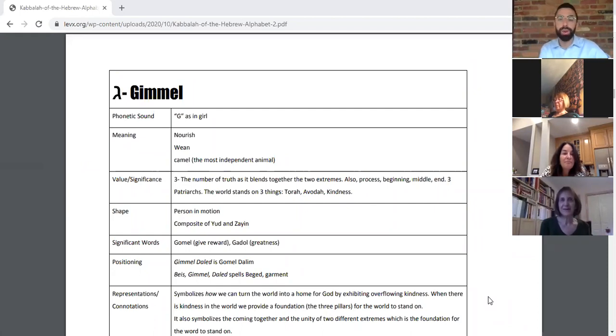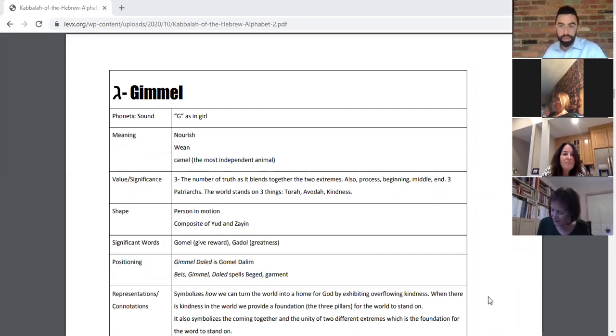Now let's take a look for a moment. Keep in mind that the letter Gimel looks like a person walking forward. Now let's take a look at the meaning of the word Gimel. On the one hand, it means to nourish, to give a gift to someone, like we say, Gomel chasadim tovim, gimilat chesed. So to be Gomel is to give something, to give a gift, to nourish, to take care